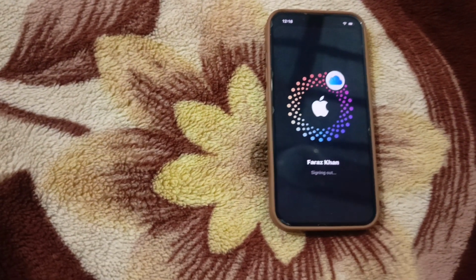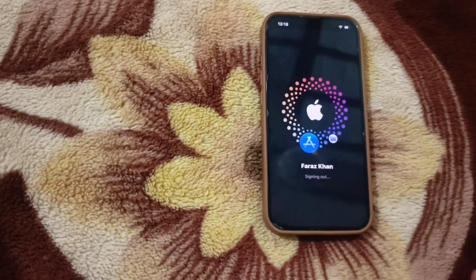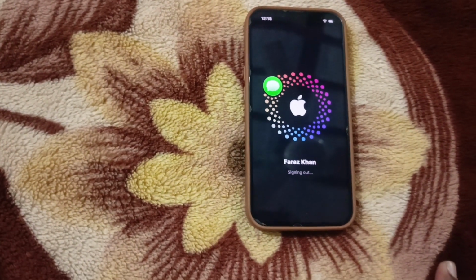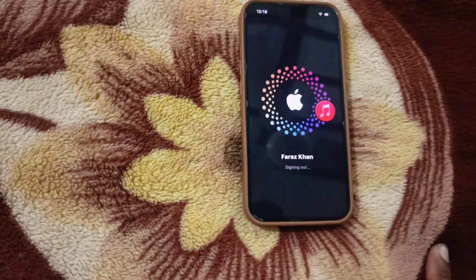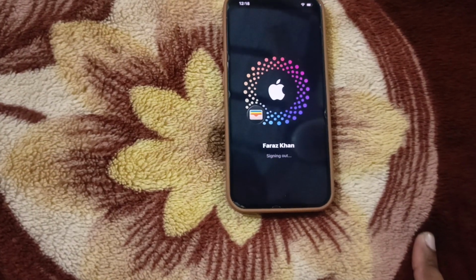After that, now you can see here it is signing out of the Apple ID on my phone. So guys, after your Apple ID password change, so if you have any problem,